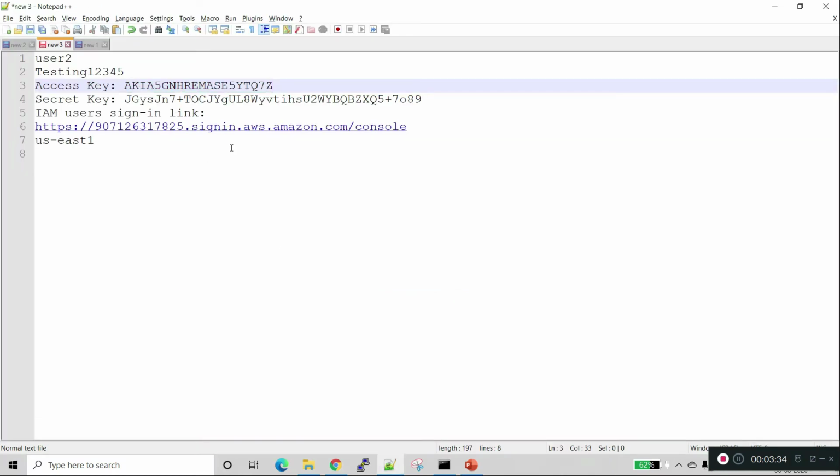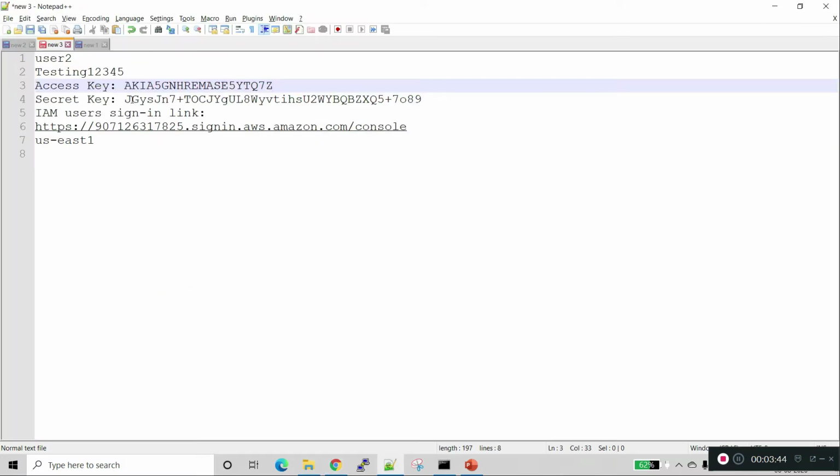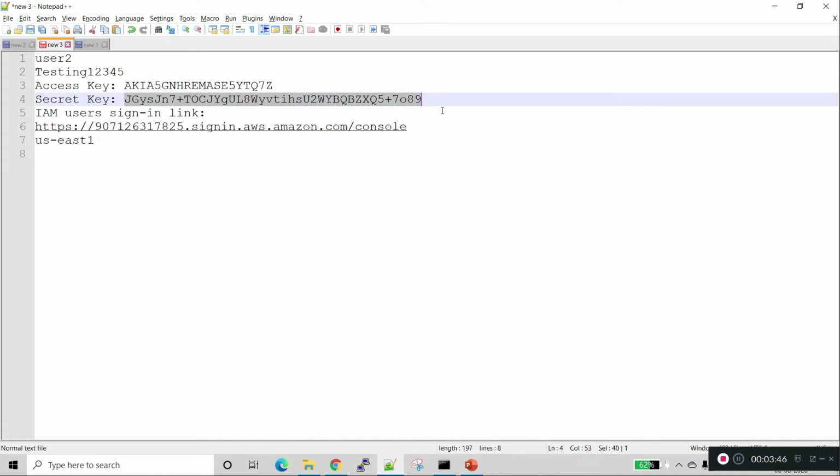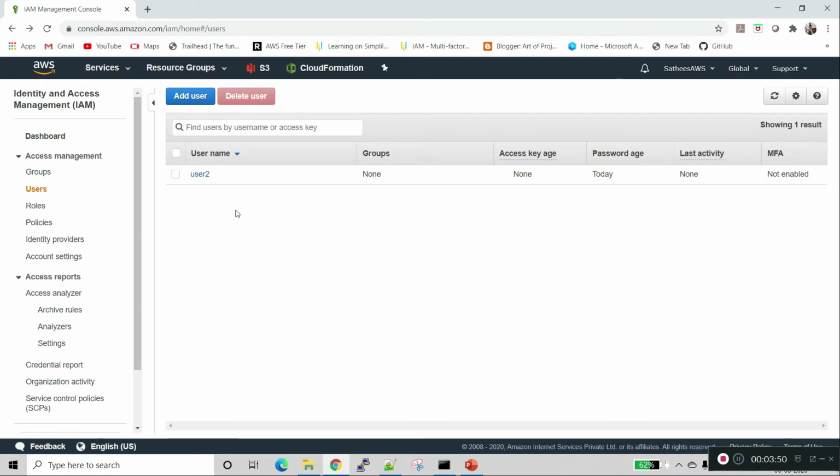I am copy pasting the access key and the secret key so they can be used for CLI login. Then I close.